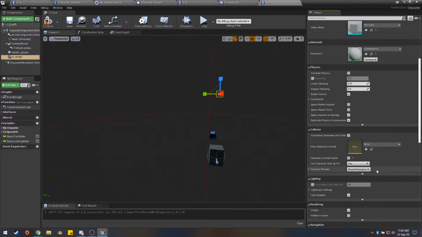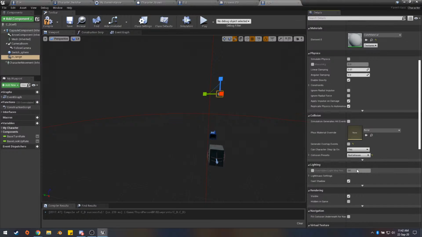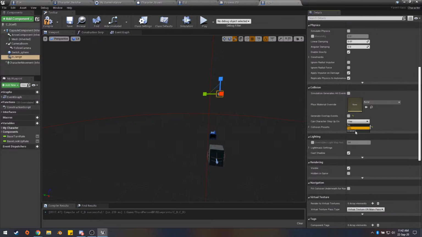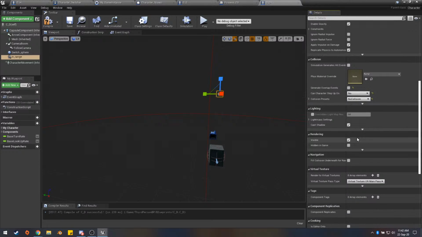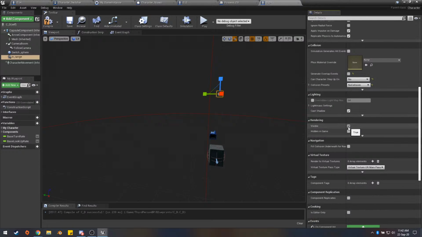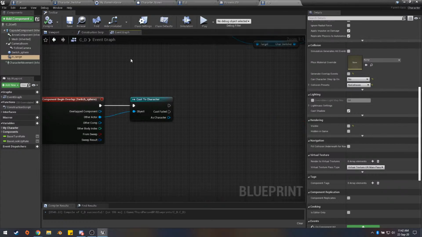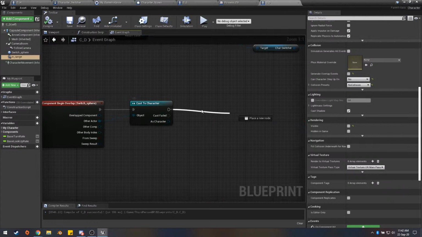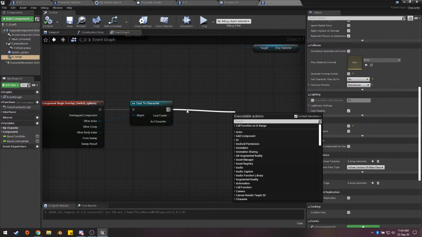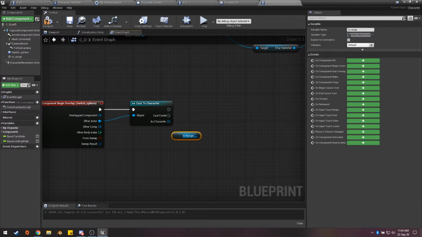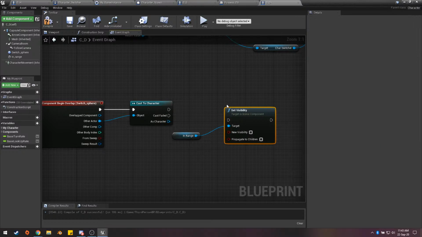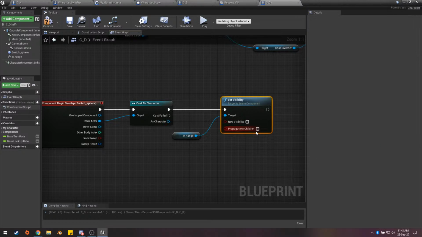Generate overlapping ones, no. Local dynamic, no. Collisions, character step upon it, no. Visible, no. File save. And then when we cast it properly, let's just say in range set visibility to true,